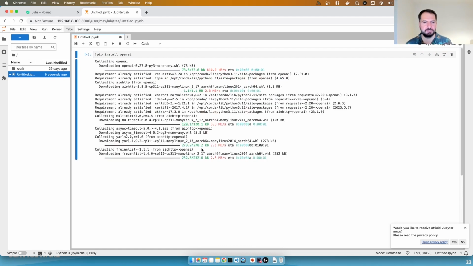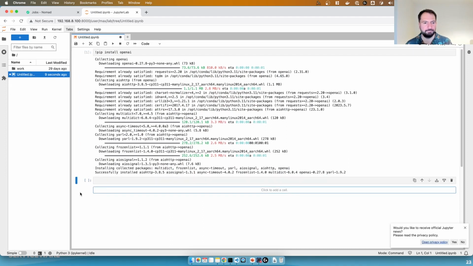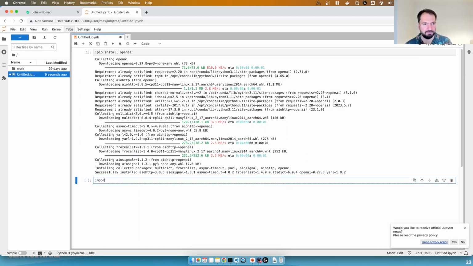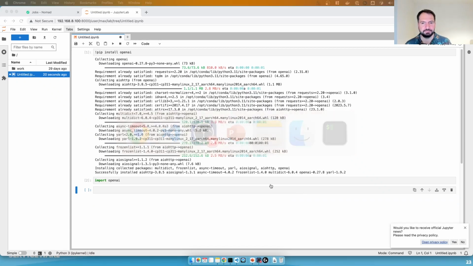You see it connects and downloads things for Python. As a next thing, I want to see if it worked. I'm going to OpenAI to import the OpenAI model. That seemed also to work. So now